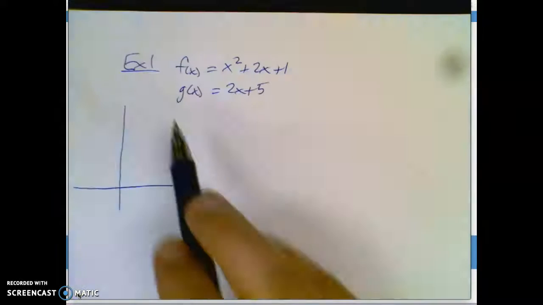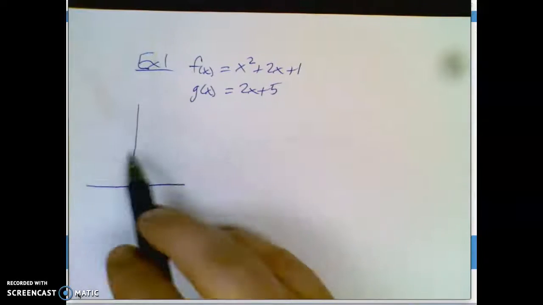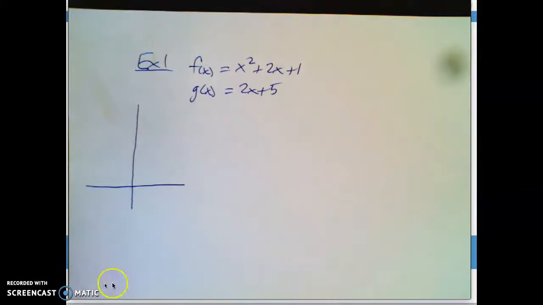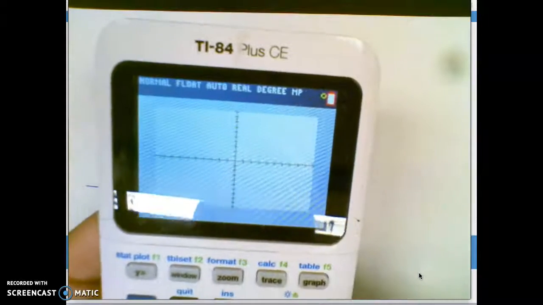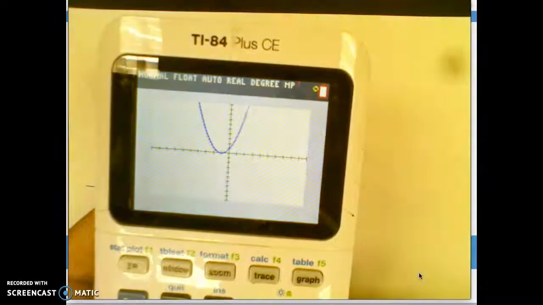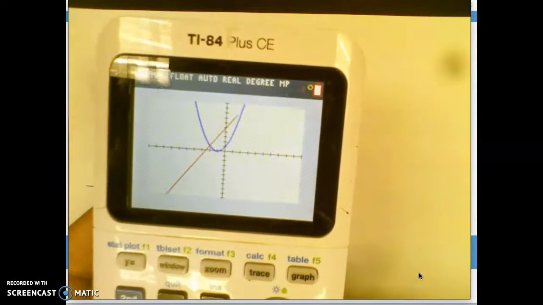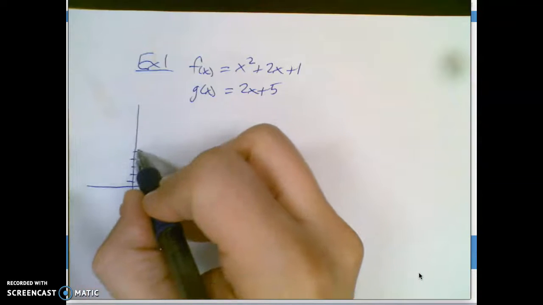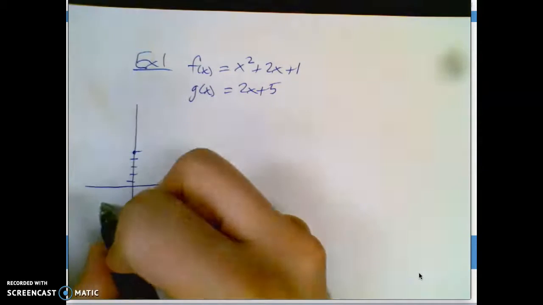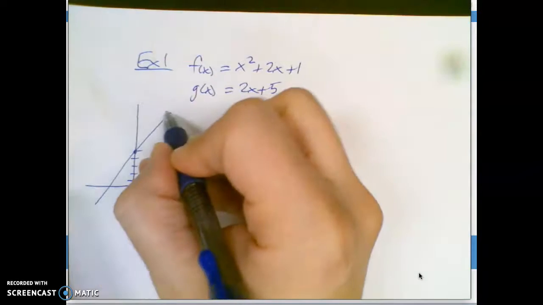Okay, so if my directions were find the area trapped between these two curves, the first thing I'd want to do is get a picture. You have to have a picture for these problems. So I would graph them both on my calculator, hit zoom 6 because it's a pretty normal screen, and then I would get my equations, my graphs. Now I don't need perfect graphs, but I do need a good enough graph. I could actually graph this one because it starts at 5 and has this slope here. So there's your f of x,